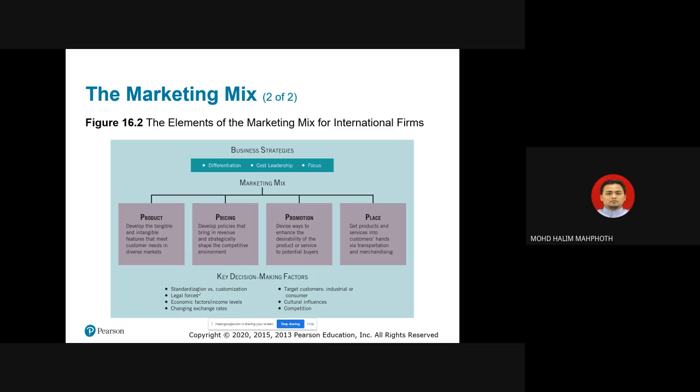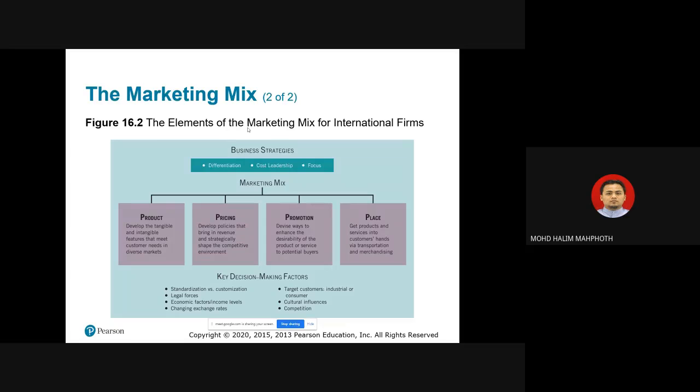Legal forces: when it comes to the country's legal requirements, they have set do's and don'ts for your products before they can enter the market. So you have to fulfill, maybe in terms of the packaging, maybe in terms of the nutritional facts, which is for the foods,